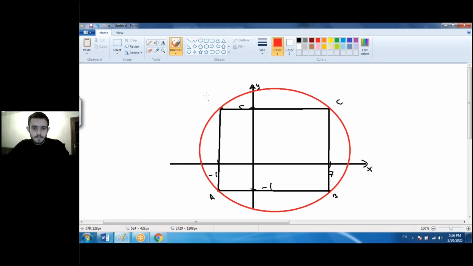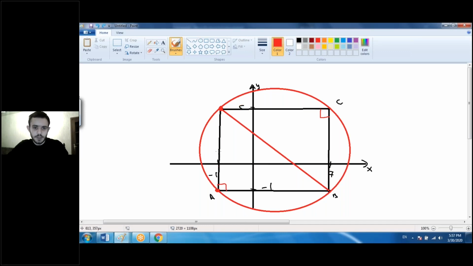And now we can see that diameter of this circle is equal to the diagonal of this rectangle. Even if we draw the diagonal, we can see that two right triangles are formed here, and hypotenuse of these triangles is the diameter of this circle also. So the distance from this point A to this point D